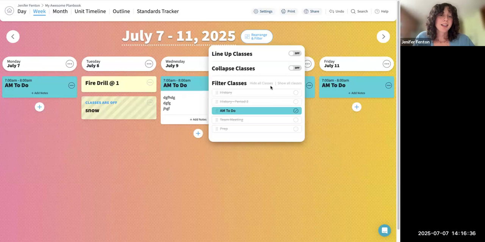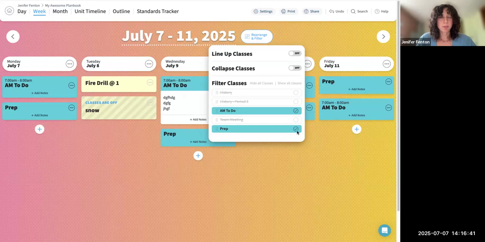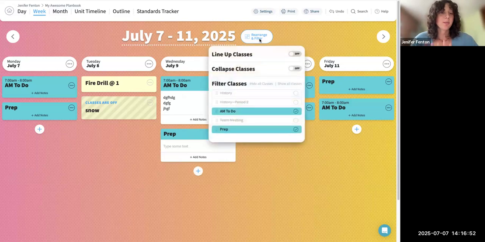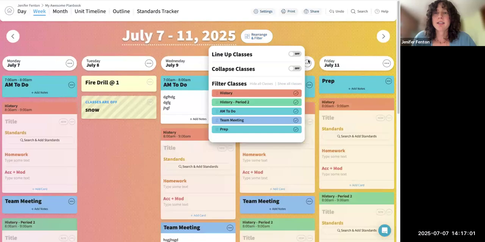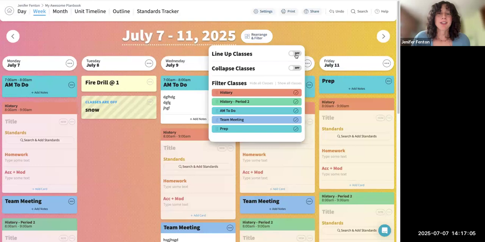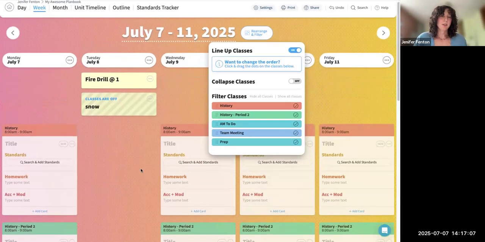Or maybe you have an AM and a PM to-do list. You can have both of those pulled up. Or maybe you want to see your to-do list and your prep. Because maybe there's things here you didn't get done in the morning and you want to copy and paste it into your prep period. So that's what you want to do if things start to seem a little overwhelming. Just rearrange and filter, and that way you're only seeing what you want to see at that time. I'm going to show all of my classes again. You can also line things up. That's another good tip too, to help you plan things if you just want to see it